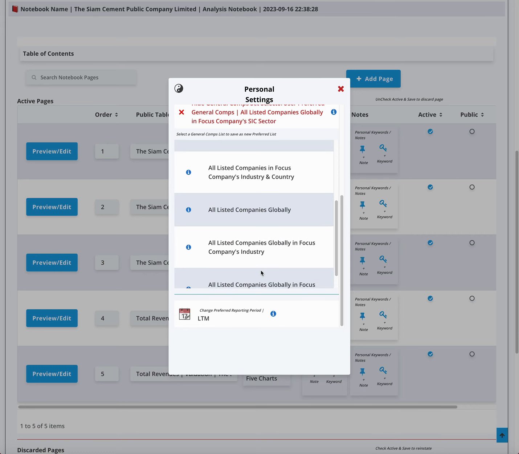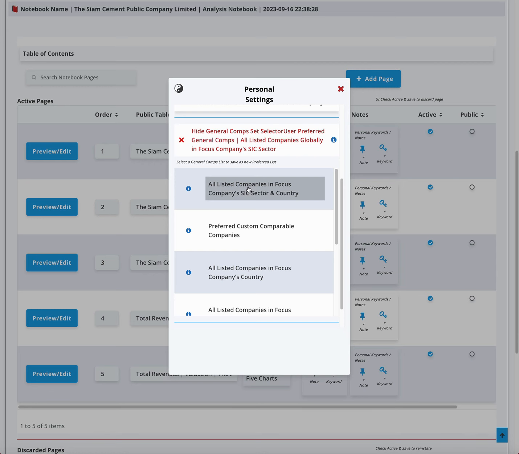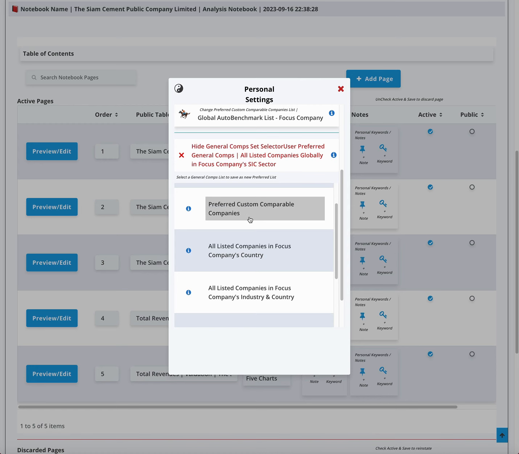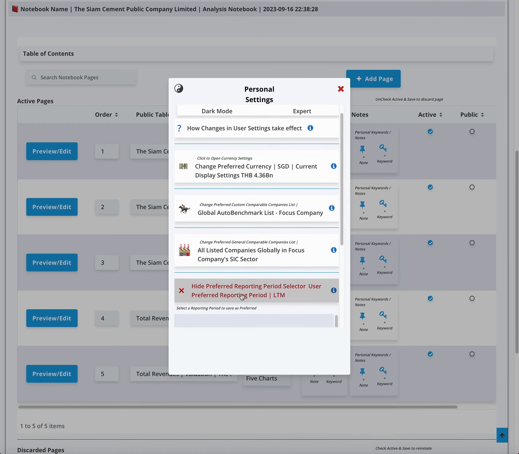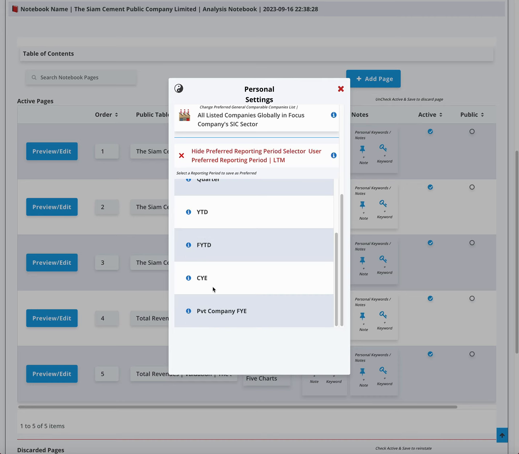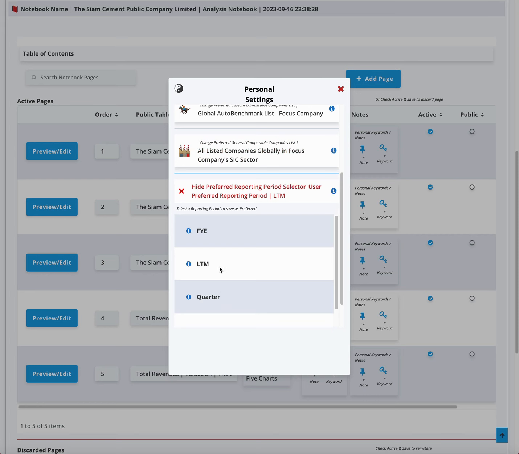As a default, C Suite generally chooses all listed companies globally in the SIC sector of the company that you're analyzing. You can choose the period that you wish to have the numbers shown: quarterly, year to date, financial year to date, and private companies fiscal year end. In general, we recommend using LTM, which is the latest 12 months, or the fiscal year end. For forecasts, we strongly recommend using the fiscal year end because that tends to have the most complete set of financials. I'm just going to choose